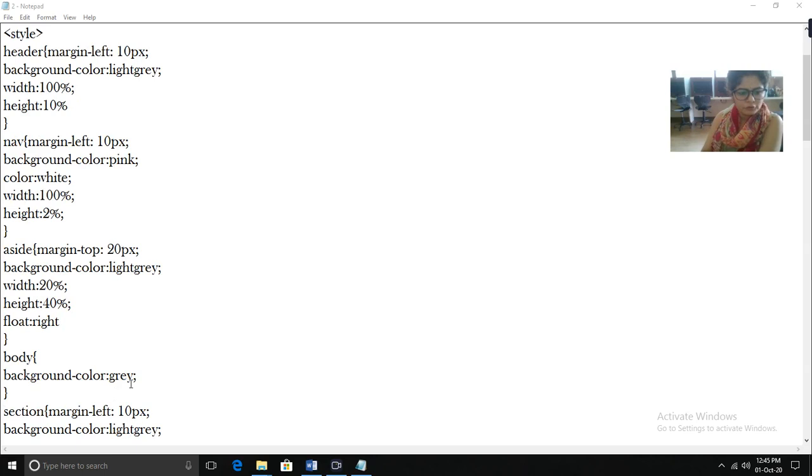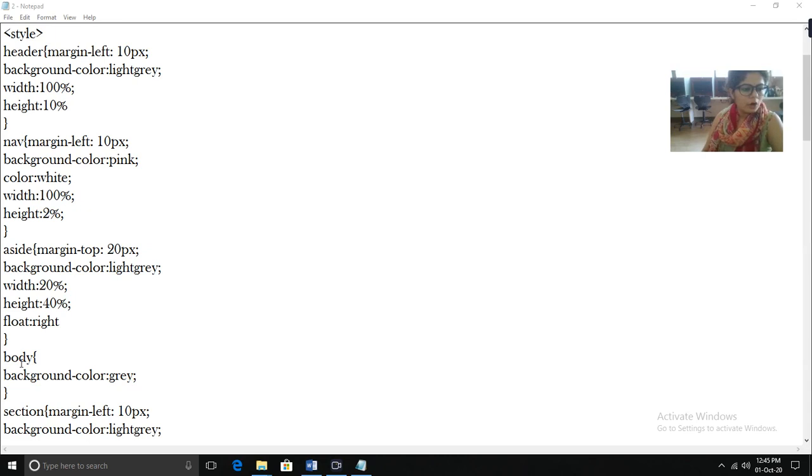Why have I used gray color? Because otherwise it will not be possible for us to differentiate the background color and the colors of the aside, navigational and header part. So if I use light gray here instead of gray, then it will not create any differentiation on the screen. So that's why I have chosen a different color for the body.